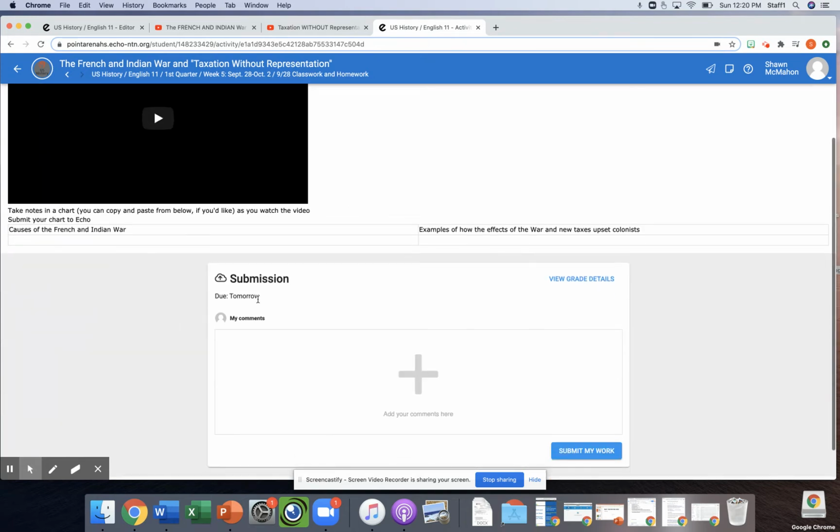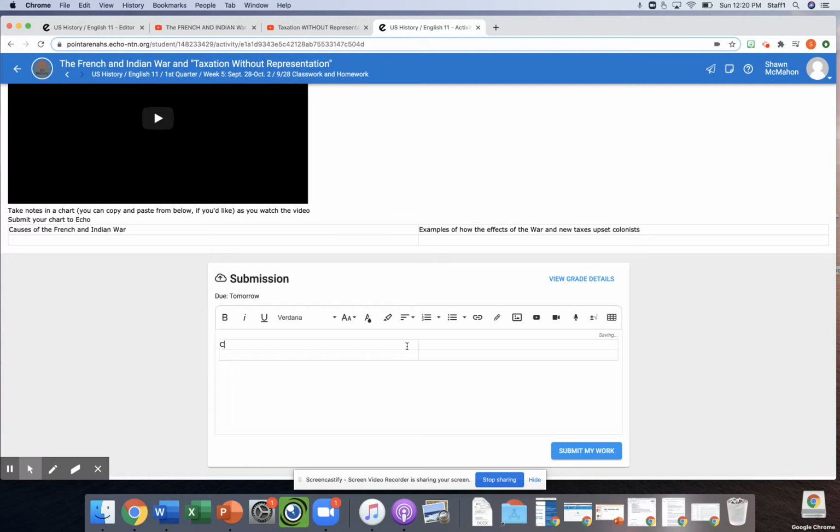So what you need to do is take notes in a chart like this, just a simple two-column chart. You can copy and paste it, which is pretty easy to do down here, or if you want, you can start a new chart here. I'll show you guys how to start a new chart. You can do 2 by 2, and you want it to say causes of the French and Indian War, and you want it to say examples of how the effects of the war and new